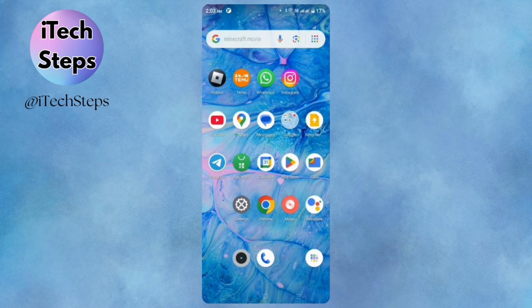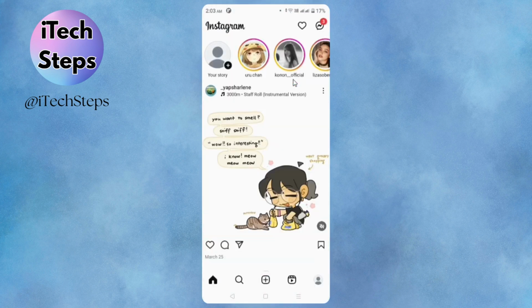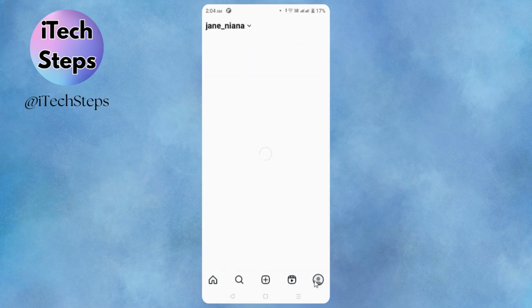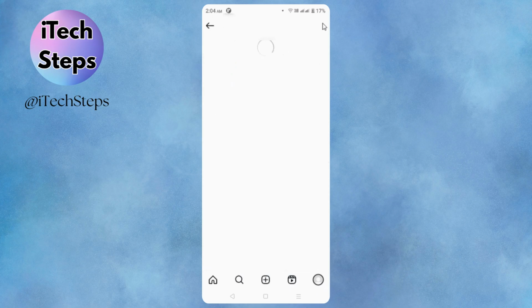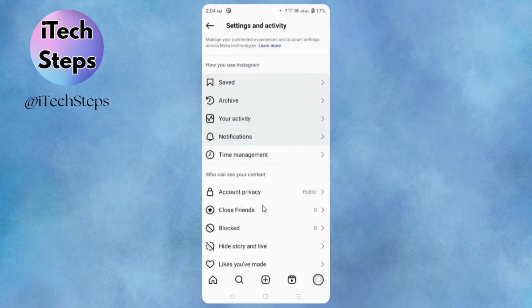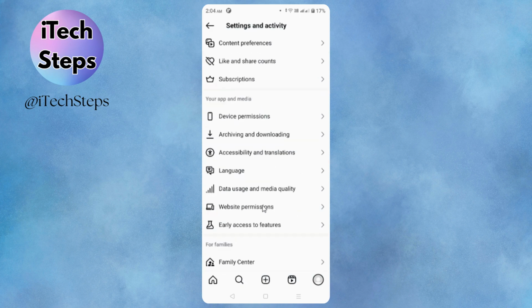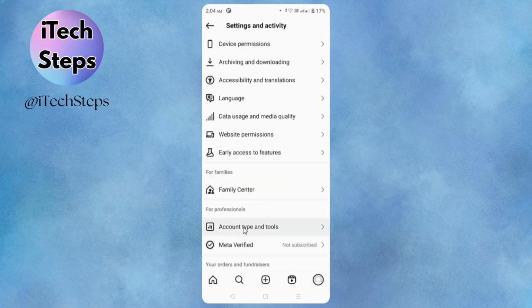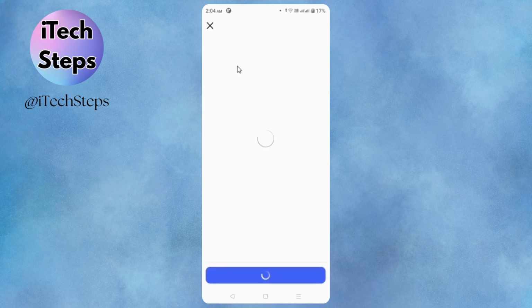First, open your Instagram app and go to your profile. At the top right corner, click the menu, scroll down and navigate to account type and tools. Select Switch to Professional Account,